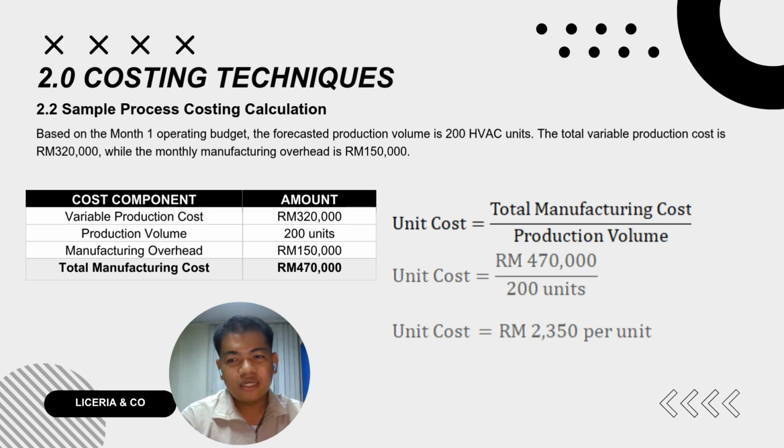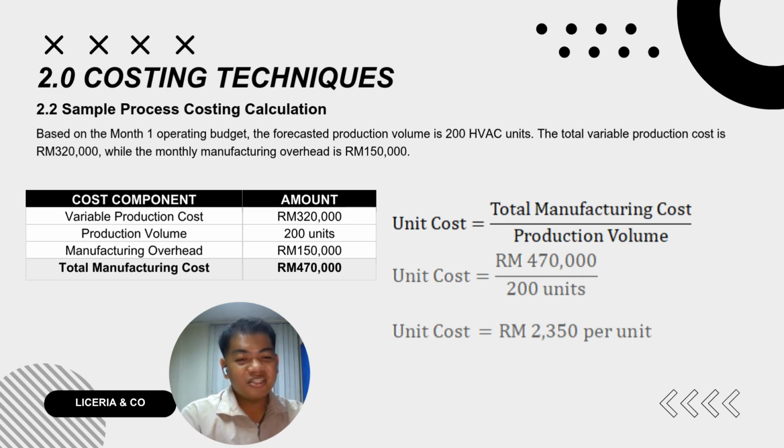As shown in the formula, we divide the total manufacturing cost by the total production volume. By dividing 470,000 by 200 units, we arrive at an average unit cost of 2,350 ringgit. This clear per unit breakdown allows the management team at Innotech to understand exactly how production volume directly